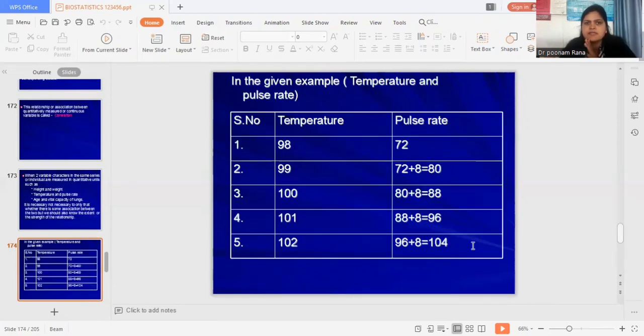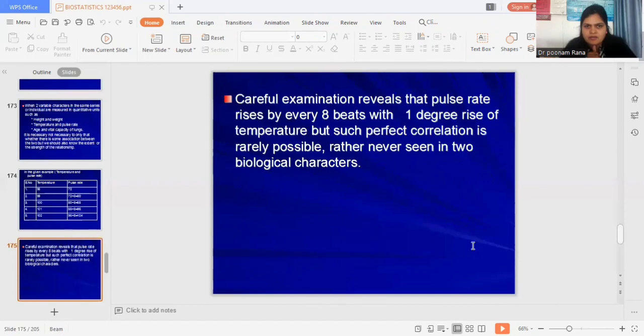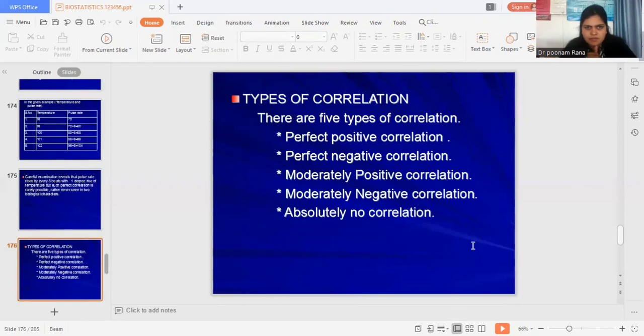This slide is showing the example, showing the temperature and the pulse rate. So there are different types of correlation. There are 5 types of correlation. First one is perfect positive correlation, perfect negative correlation, then moderately positive correlation, moderately negative correlation, and absolutely no correlation. So perfect positive correlation, perfect negative correlation, moderate